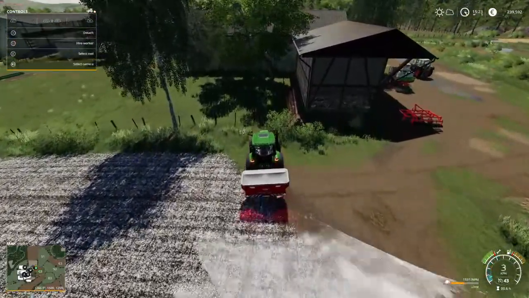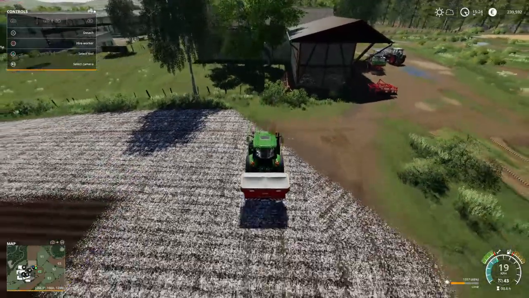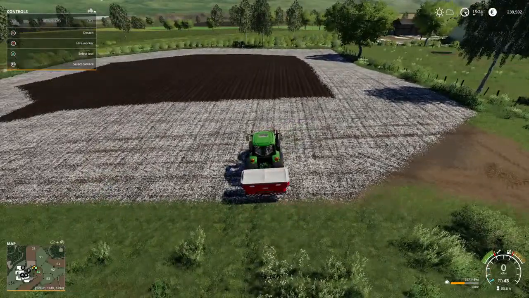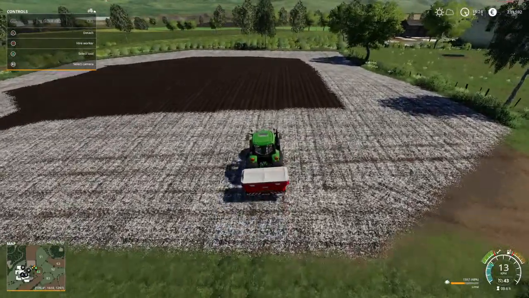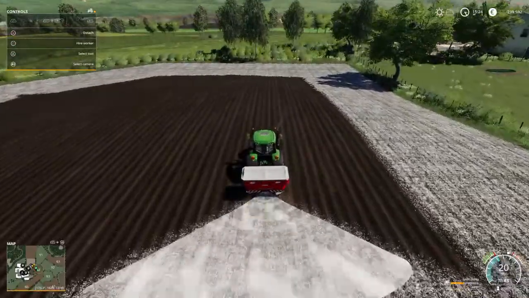There we go. Switch it off. Don't want to waste lime. As you can see, it goes down quite quickly and it is quite expensive. But yeah, I did a while ago, maybe it's time I updated it, actually do a video comparing the consumption rate of various lime spreaders to try and figure out which was the most efficient,